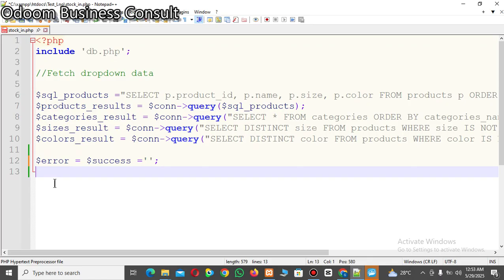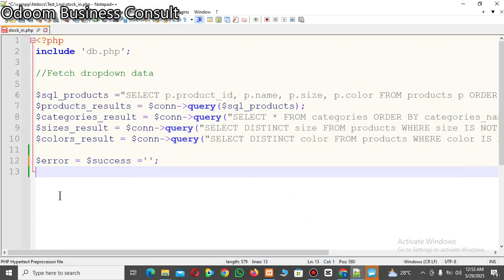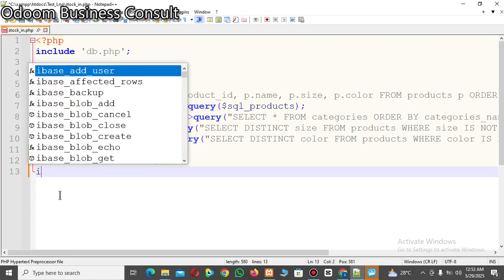Okay, so to send data, because we are using a form here, and the form is sending data, we need to use the post method. So we need to use a conditional statement because the server needs to know which method you are using. So the server will check from the browser if it is using the post method or the get method. Okay, so we're going to start with an if statement,